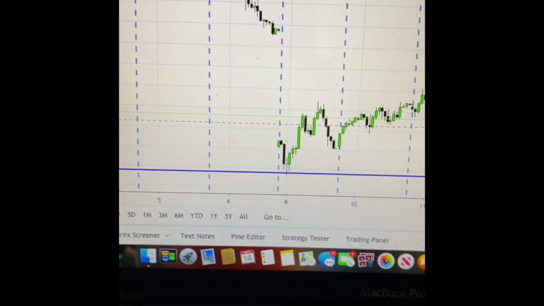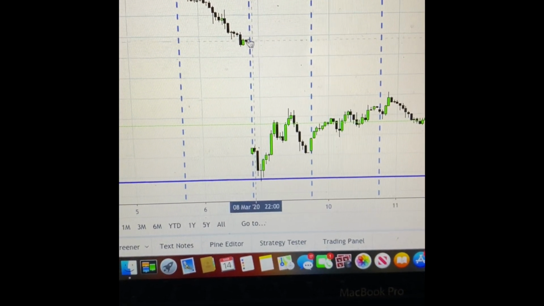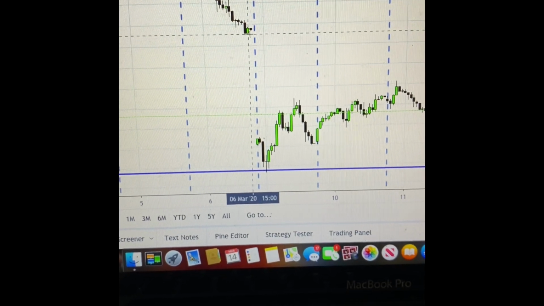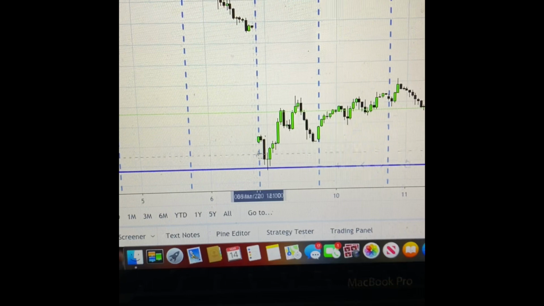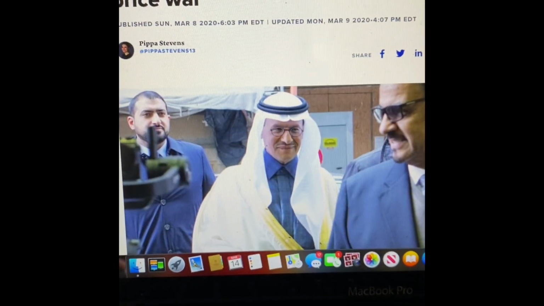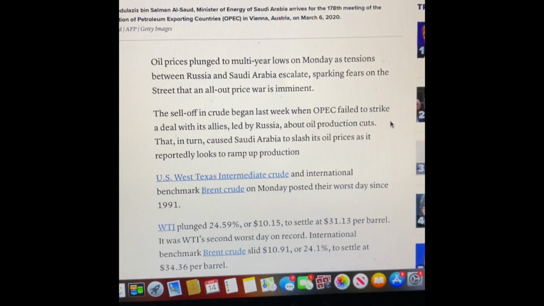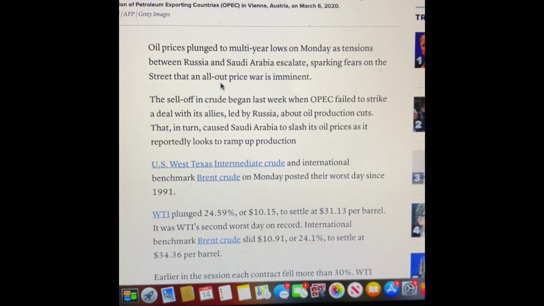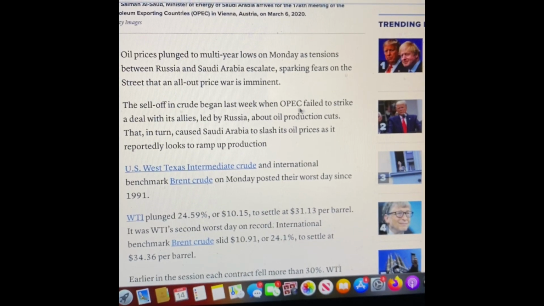oil. It's on the hourly time frame. For those of you that may not be aware, this is considered to be a gap in price, right? So this is the trading that has been left off from Friday's session to Sunday's session, right? So essentially, there was news or fundamental analysis about the drop in the prices of oil, simply because there's actually a sell-off in crude due to a deal that was failed to be